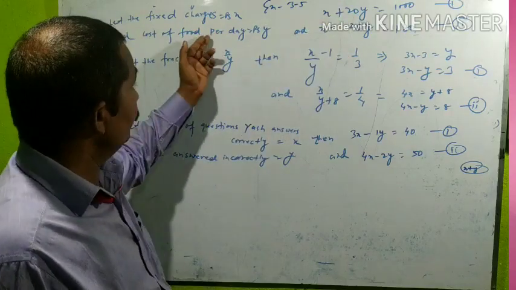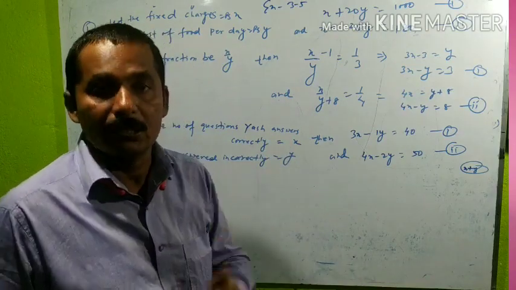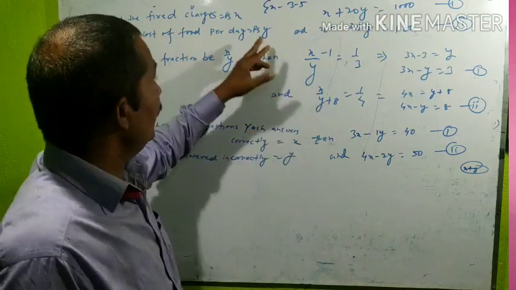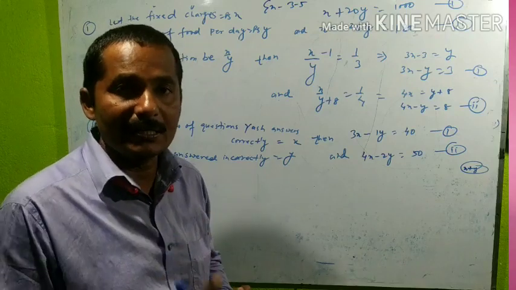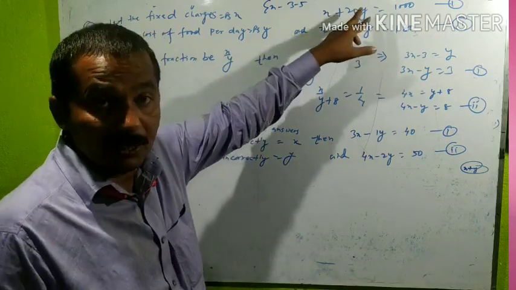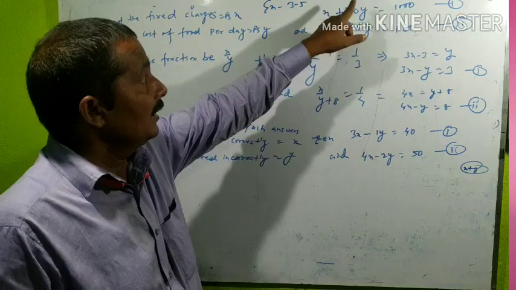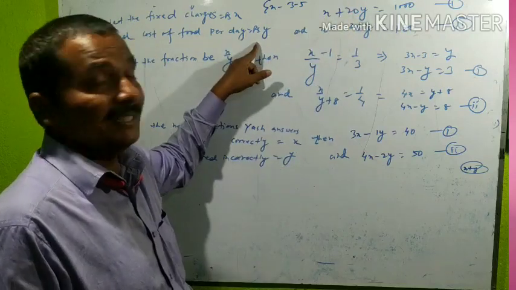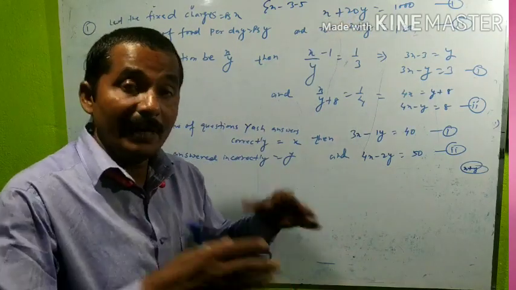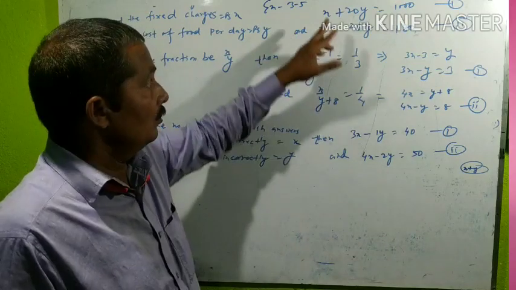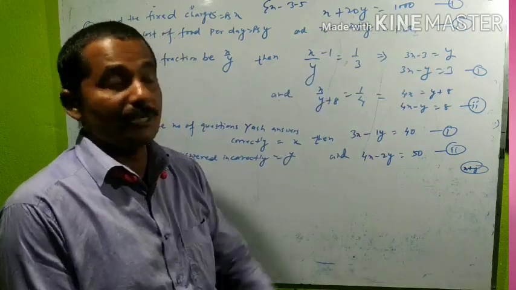then the cost of food per day. A has taken food for how many days? 20 days. So for 1 day, Y rupees. For 2 days, 2Y. For 3 days, 3Y. For 10 days, 10Y. In this manner, for 20 days, 20Y. This is the fixed charge, and this is the charge for 20 days. So total, because when you pay at last, that total amount is taken now. So fixed charge plus charges for 20 days is equal to 1000.